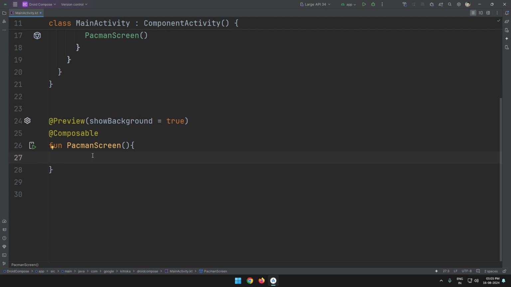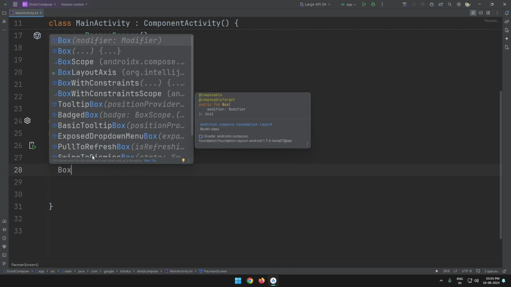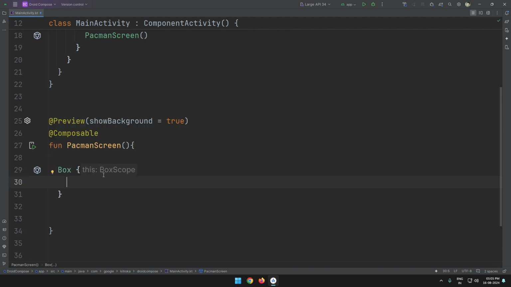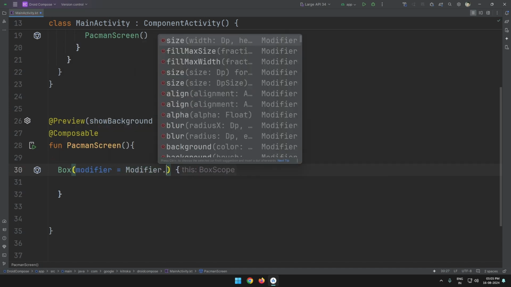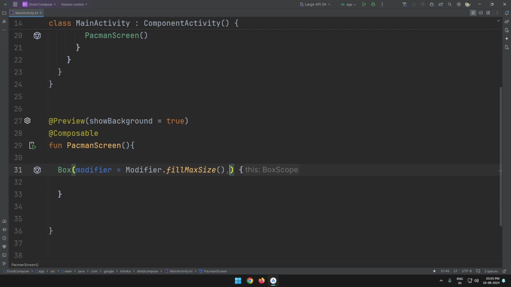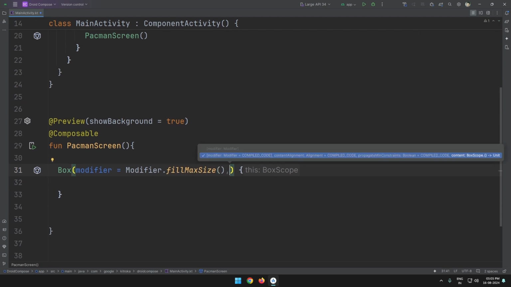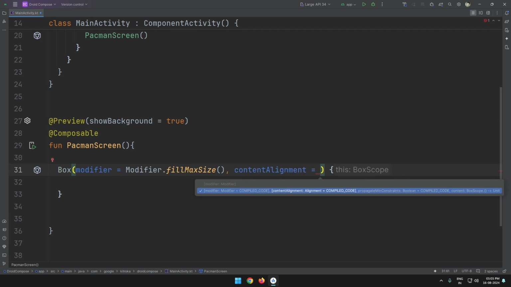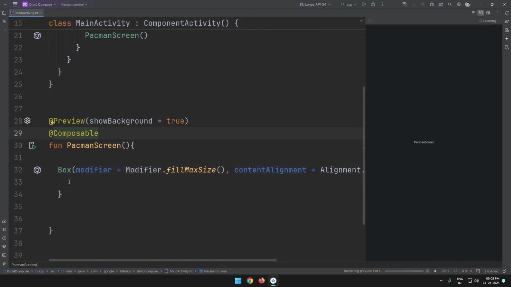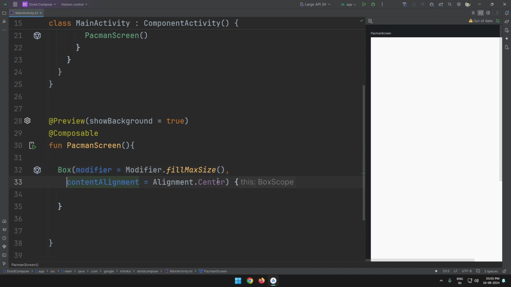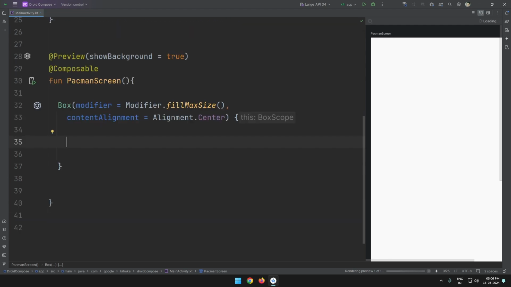And now inside our PacMan screen, let's take a box composable first and give this a modifier. Fill max size, so it will occupy our whole screen, and also give it a content alignment, content alignment dot center. Okay. Now inside our box composable we get box scope. So inside box scope we add this